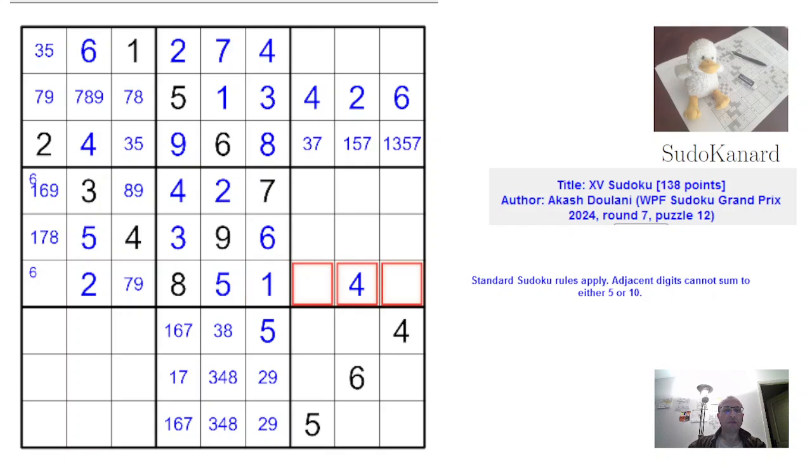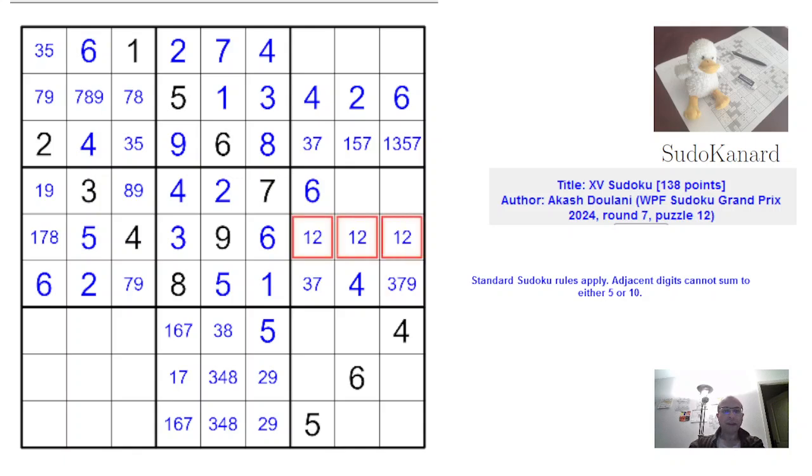The 6 on this row can't be next to the 4, so that's the 6. And the 6 on this row now can only be here. 1, 8, 9, 5. There has to be a 5 in here. That's not very helpful. Those are from 3, 7, 9, but the one here can't be next to the 9. Those are from 1, 2, 7, 8. This is not 2. 1 can't be next to the